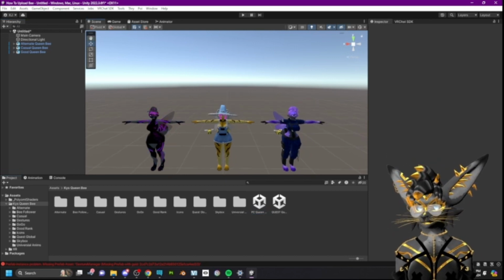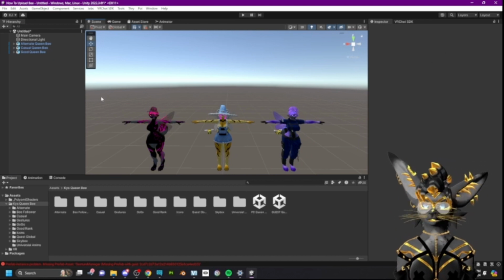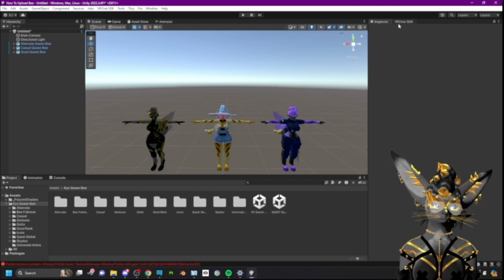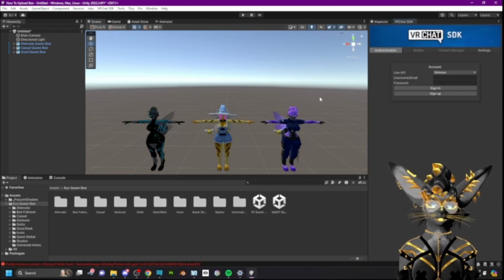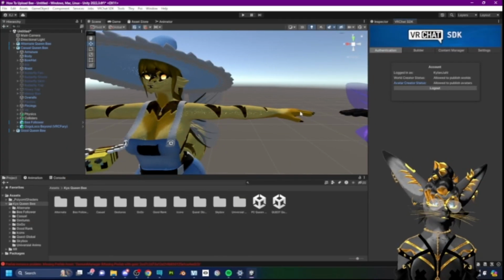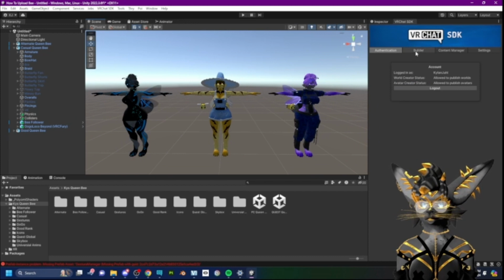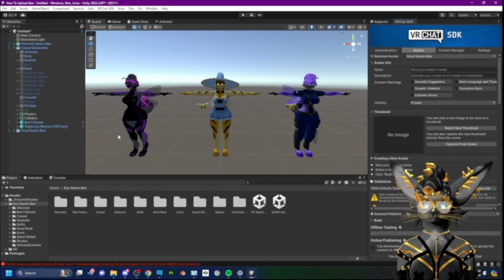And from here, that's all you do. You'll have your avatars. So I'm now going to go ahead and sign in. Whoa, the lag. I'm going to sign into my SDK real quick, and I will be right back. Alright, now that I am logged in, and we have our avatars here, you will go to the Builder tab,